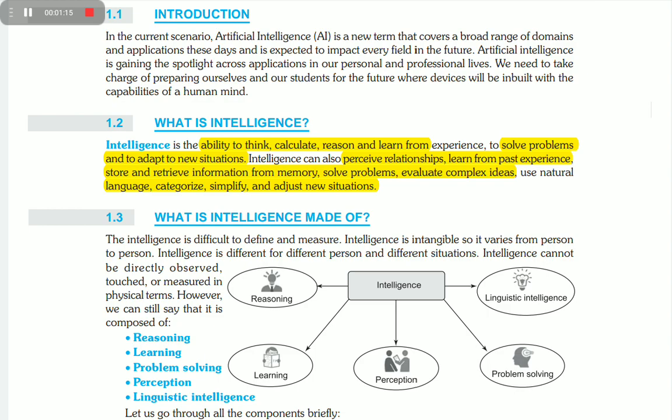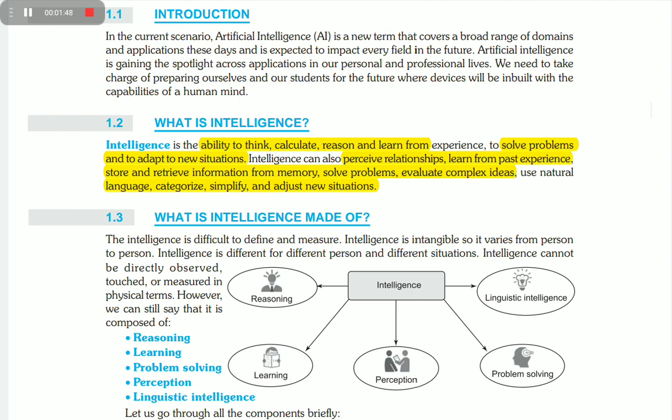So let's start. Introduction 1.1. In the current scenario, artificial intelligence is a new term that covers a broad range of domains and applications these days and is expected to impact every field in the future. Artificial intelligence is gaining the spotlight across applications in our personal and professional lives. We need to take charge of preparing ourselves and our students for a future where devices will be inbuilt with capabilities